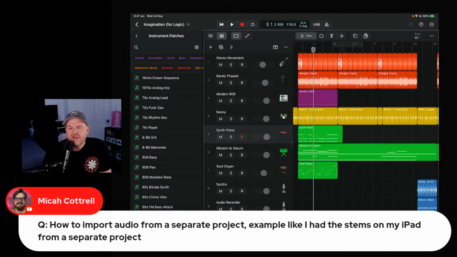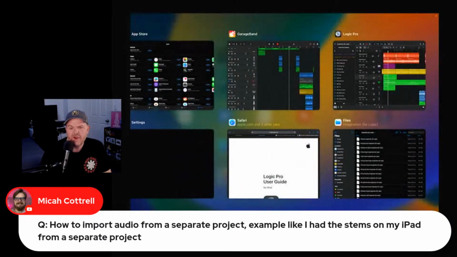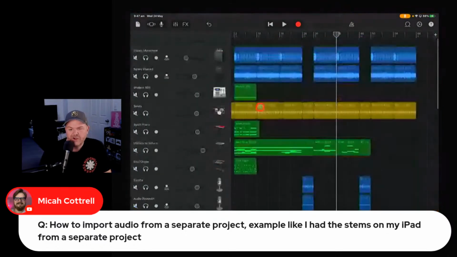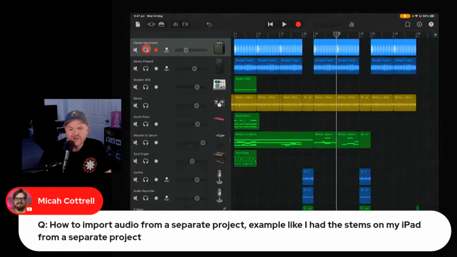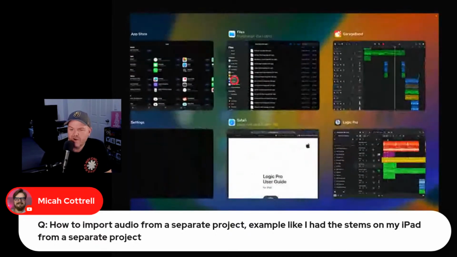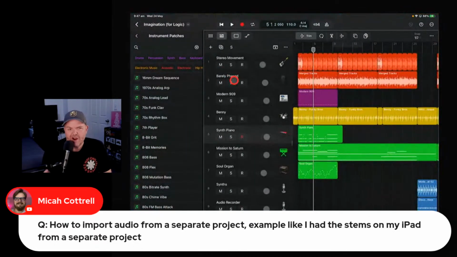So if you've got it in a project, then you'll need to export it as an audio file. Now, I just showed you how Logic Pro does that really easily. If you're in something else, like GarageBand, what you'd need to do is basically grab each track, solo it, and then export it. So export each solo track and save them as a track name, as a WAV file, and then save them somewhere in your files, and then bring those over. Save them in your Files app, bring those over to Logic Pro, and drop them in each individual track as an audio file, and that will bring them across. So hopefully that helps and has answered that question.